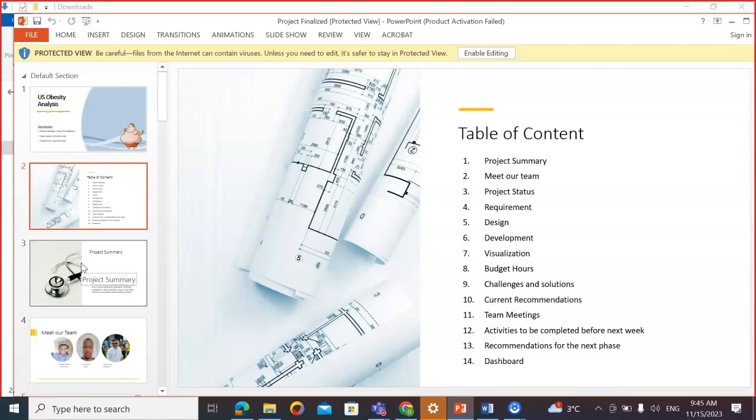Design, visualization, and the budgeted hours, also the challenges and solutions we encountered during this project, and also our current methods of things. Activities will be completed from the next